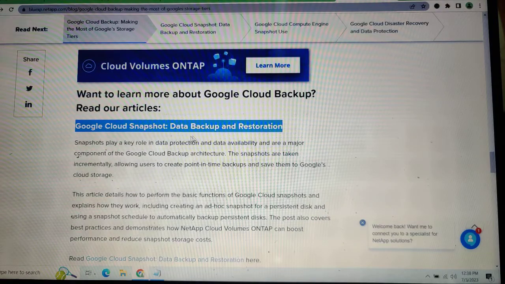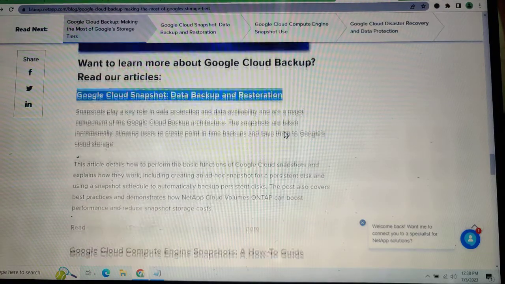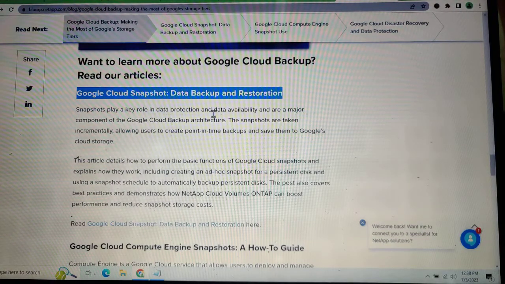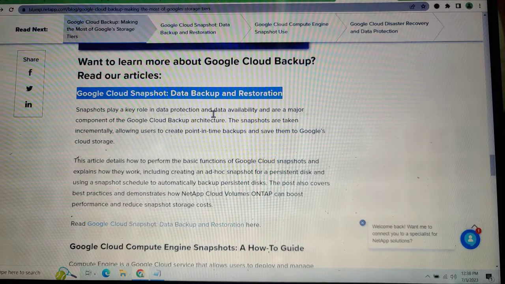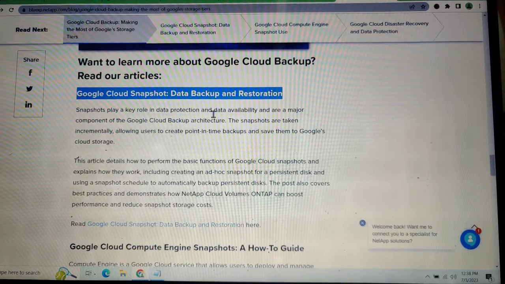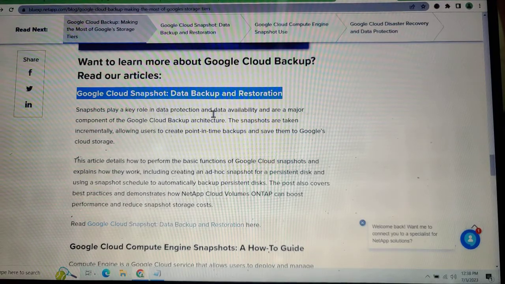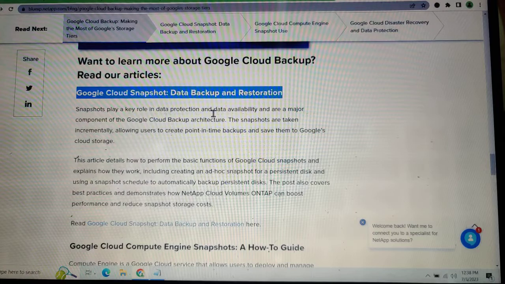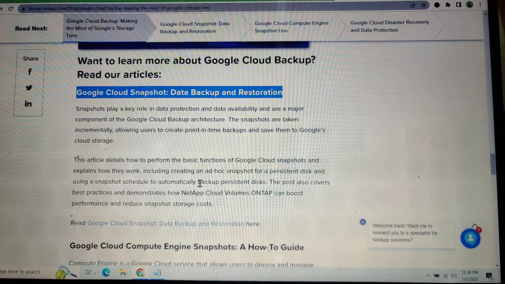Restore snapshots, data backups and restoring. Snapshots play a key role in data protection and data availability and are the major component of the Google Cloud backup architecture. Snapshots are taken incrementally, allowing users to create point-in-time backups and save them to Google Cloud storage. This article details how to perform the basic functions of Google Cloud snapshots and explains how they